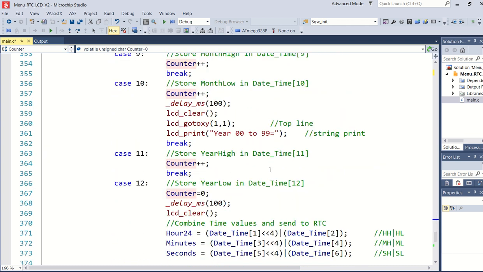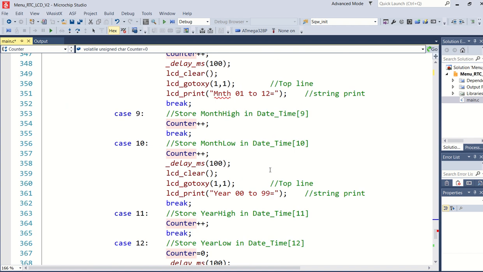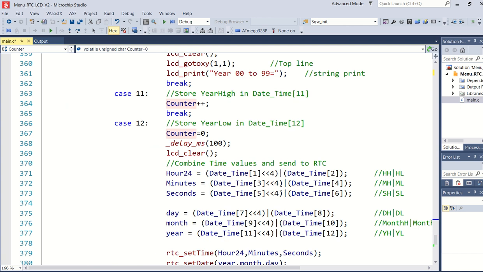Once you store the final one, which is number 12 here, then, as we know by now, in elements number 1 and 2 is where the hour sits, and I'm combining them into hour 24. 3 and 4 is where the minute sits, and I'm combining them into minutes. And I'm combining seconds, and day and month and year, because year sits in 11 and 12.